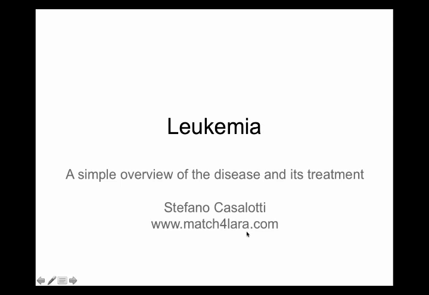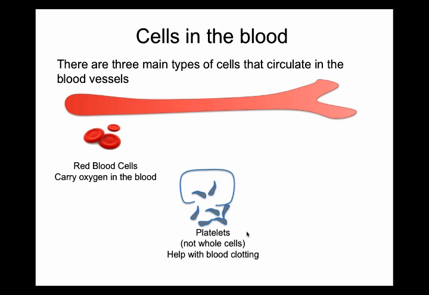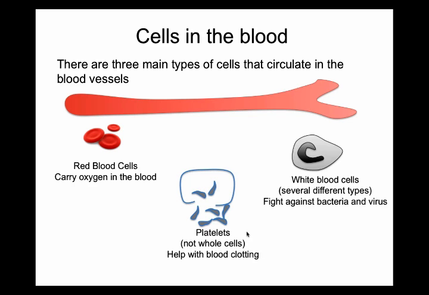This is a short presentation on leukemia. In the blood, we have three main types of cells circulating. We have red blood cells, which are responsible for carrying oxygen. We have platelets, which are responsible for blood clotting, and white blood cells, which help us fight against bacteria and